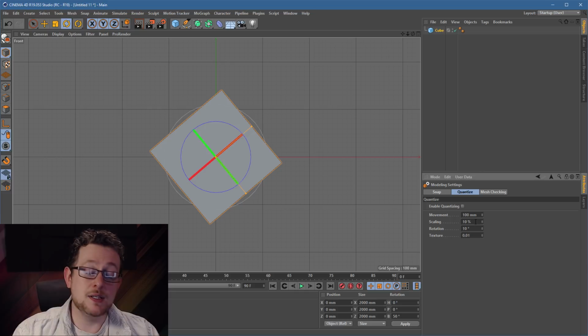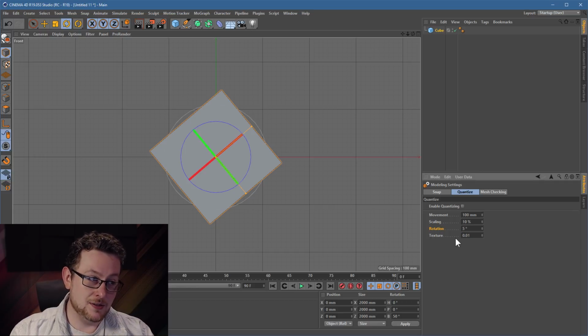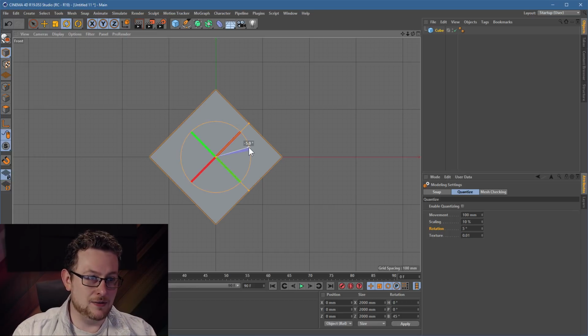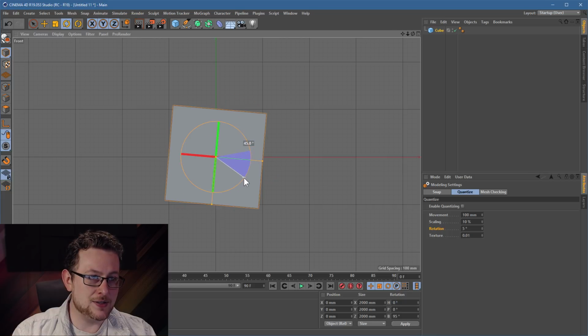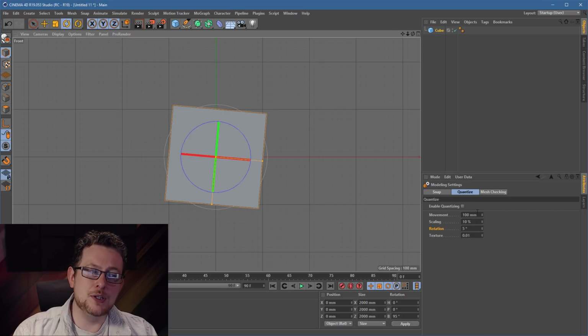These are the settings Cinema will use whenever you hold shift. So let's set the rotation to snap to 5 degrees. This means we can now get 45-degree angles. Hooray. And whilst you're here, if you are using a smaller size, a smaller scale, you absolutely want to change